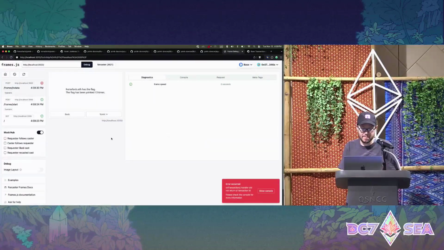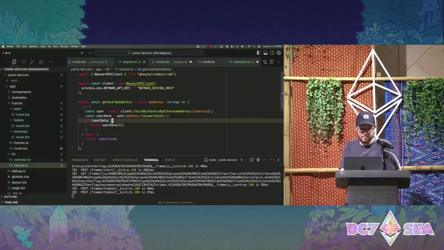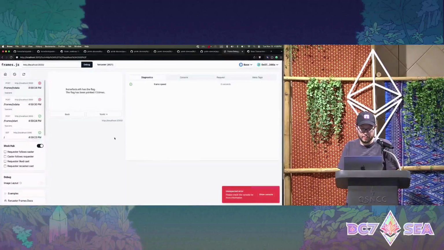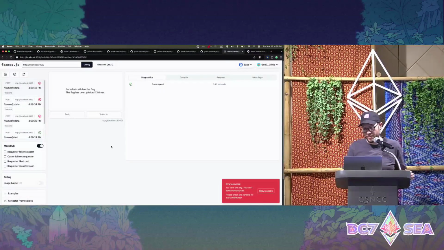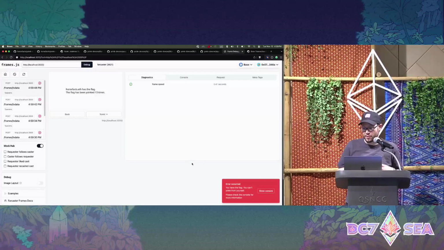Let's try it again. Cool, there it is. You can see it's a little difficult to catch sometimes in the frames debugger, but here we've converted that error from the on-chain, difficult to read, concise custom error into something that a user can read. You have the flag, you can't yoink from yourself.